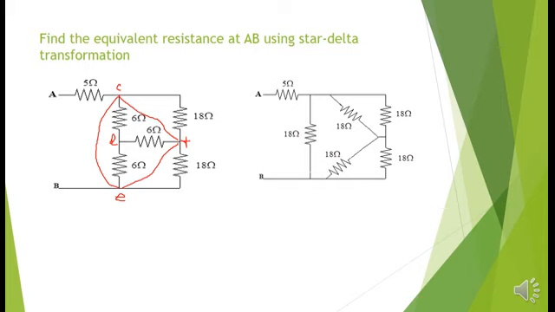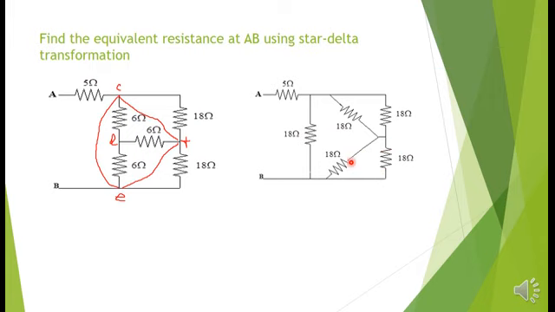Correct? Based on the formula, this comes as 6 plus 6 plus 6 into 6 by 6. So that is also 6, so 18 ohms. Since all the values are the same, the delta equivalent values are all the same. So 18 ohms each. Now this 18 ohms and this 18 ohms are connected in parallel. Similarly, this 18 ohms and this 18 ohms are connected in parallel.